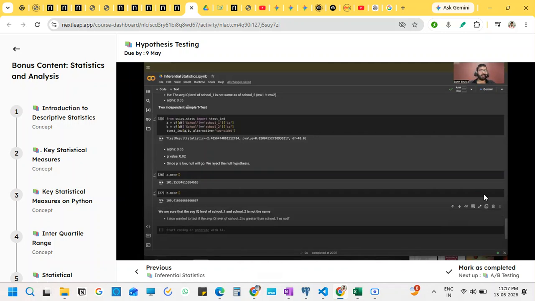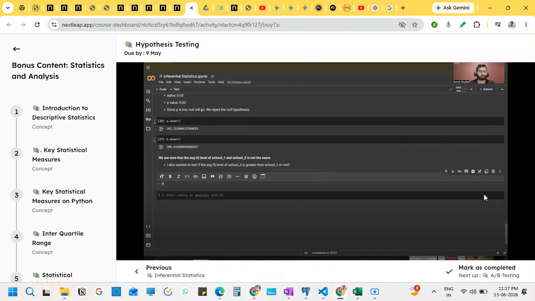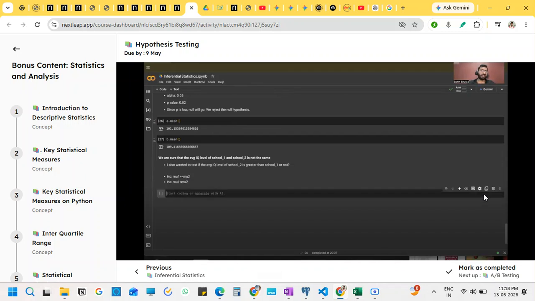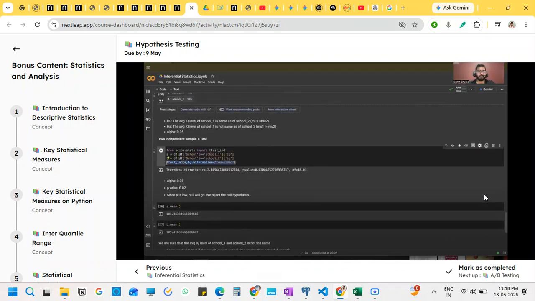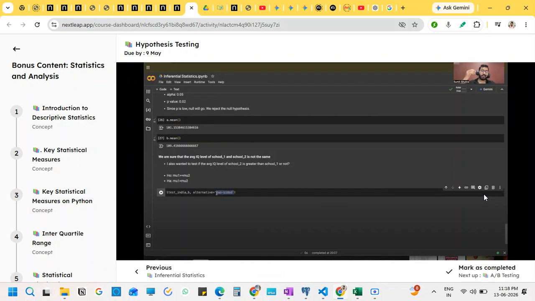So what is the null and alternative hypothesis for this? So I'll first of all write my alternative. My alternative hypothesis is that mu1 is less than mu2, right? The average IQ level of school 1 is less than school 2. This is what I want to test. What is my alternative? Sorry, null is the average IQ level of mu1 is greater than or equal to mu2, which is opposite of alternative, right? I'll just do the same thing. I'll copy this, put it over here. But here, since on the alternative hypothesis, the sign is of less than, right? So I'll say,